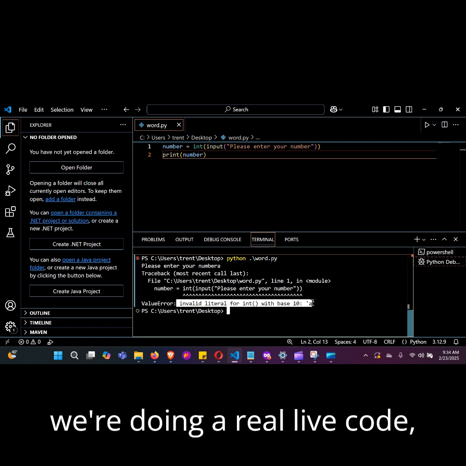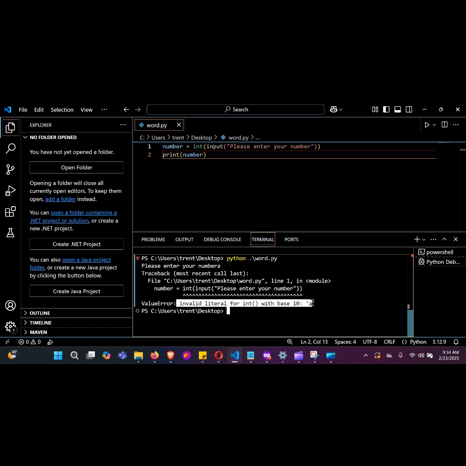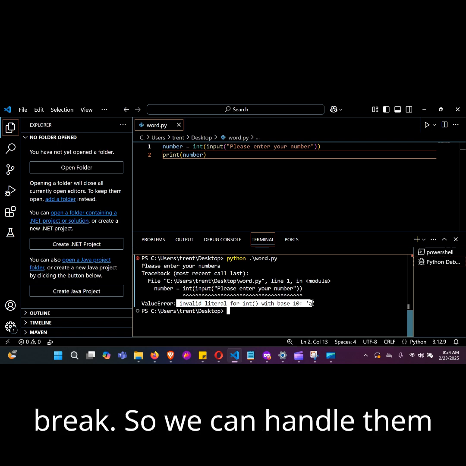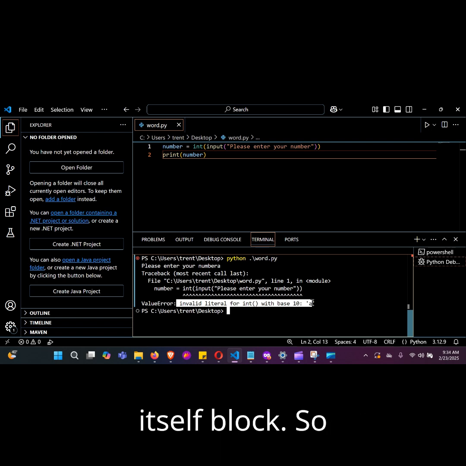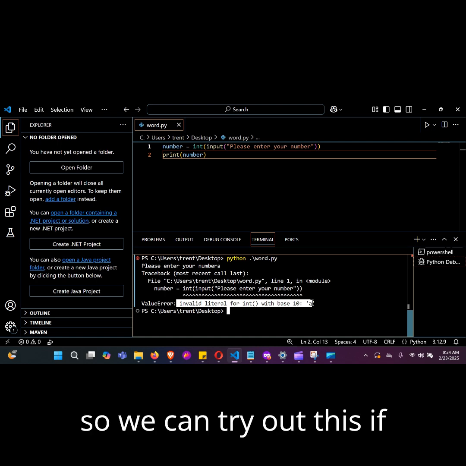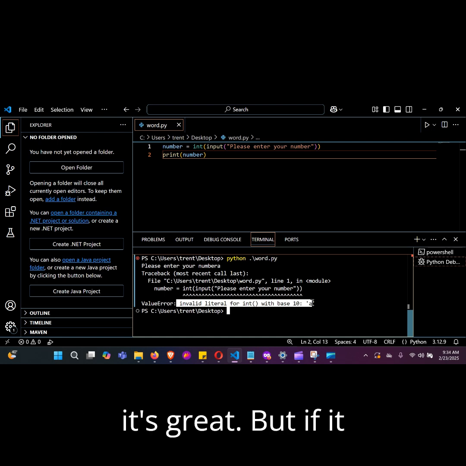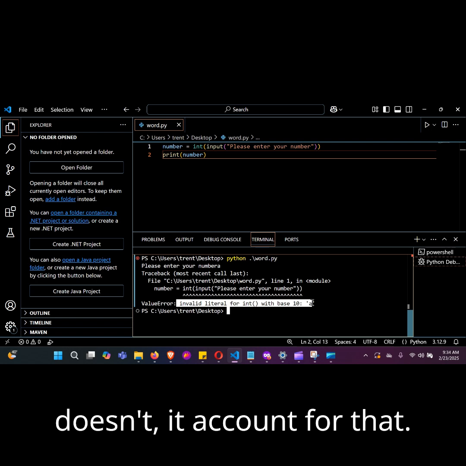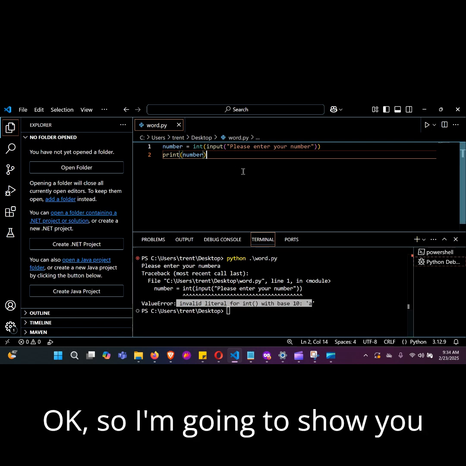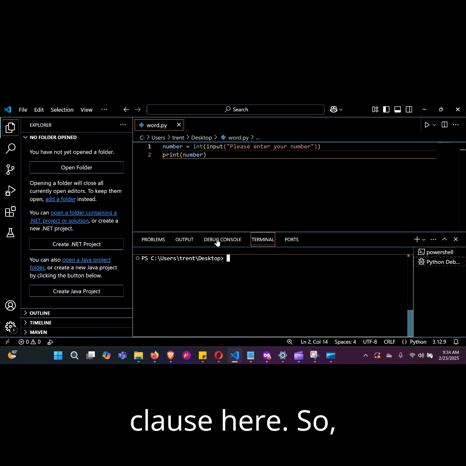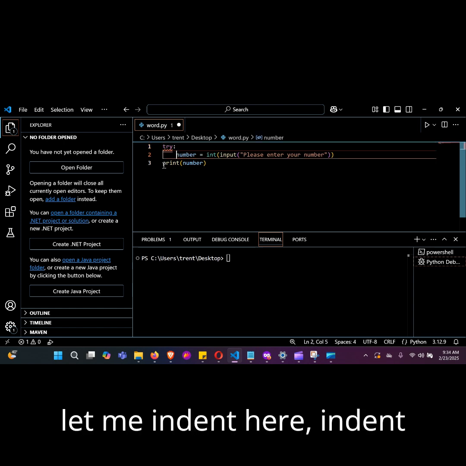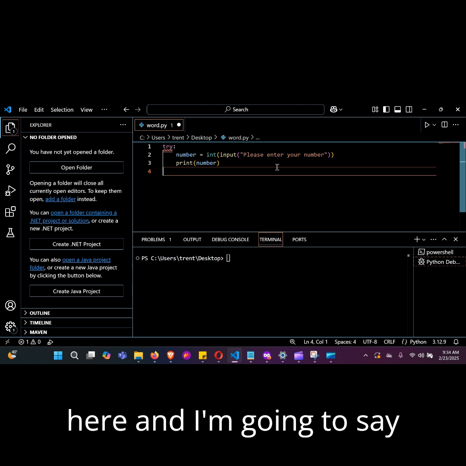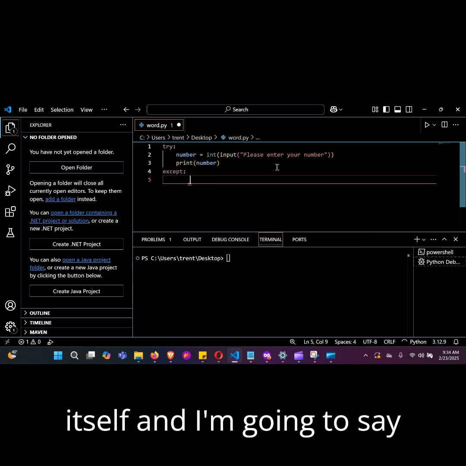Now, if we're doing real live code, we don't want the code to break, so we can handle them. And it's called a try and except block. So it can try this, and if it doesn't work, it'll account for that. Okay. So I'm gonna show you how we can use the try except clause here. I'm gonna do try, and let me indent here, and I'm gonna say except,